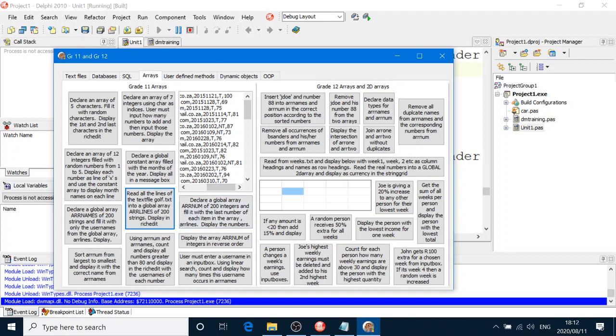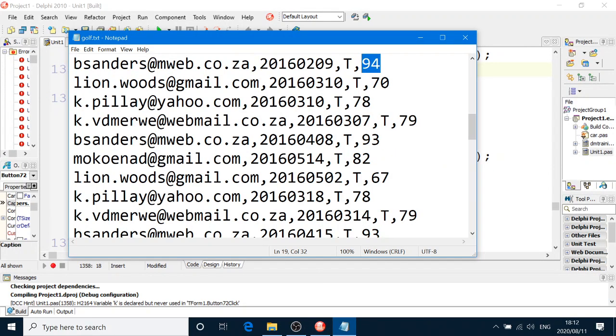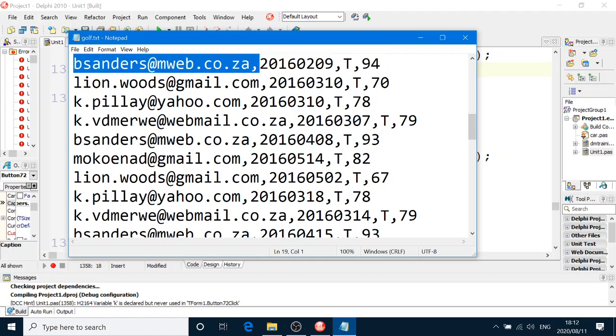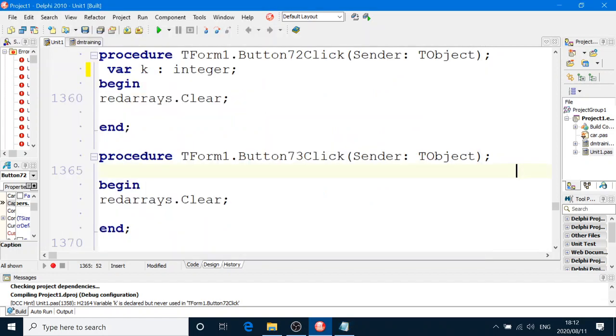70 or 94, 76 or 81, is going to ARR num. So it's going to be copying and deleting and copying and deleting. What are we going to do? Well, we're going to find the comma and delete, and then we're going to find the next comma and delete, then we'll find the last comma and delete. So we're going to find 3 commas and delete, and then we'll be left with the number that we want to put in ARR num. Okay, so